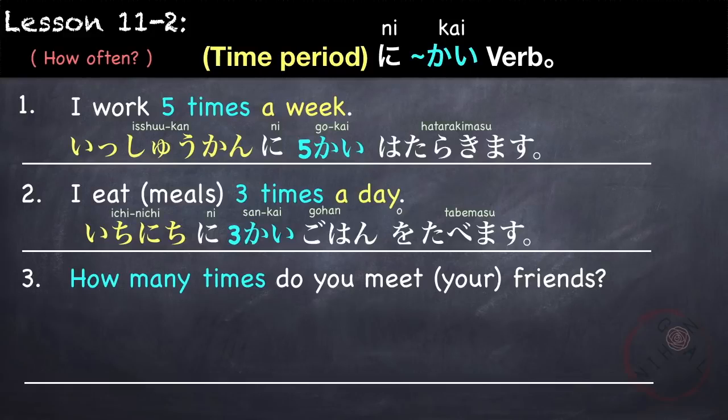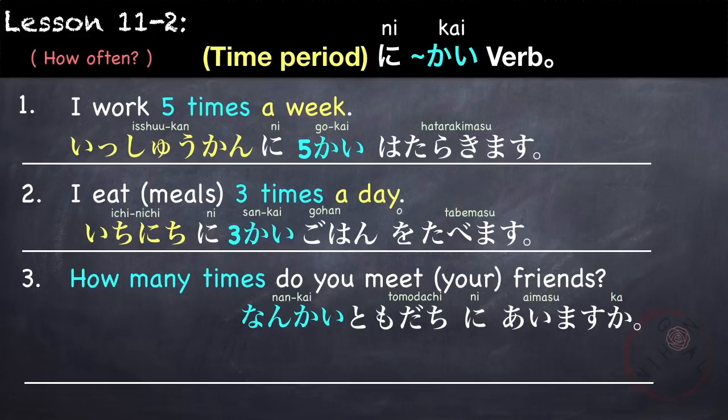How many times do you meet your friends? So here we are asking a question. How many times is 何回. 友達 means friends, and we use the particle ni for the verb meet. 友達に会いますか or 何回友達に会いますか or 友達に何回会いますか? If you want to say in a month, 1ヶ月に1回, one time or once, 友達に会います。1ヶ月に1回友達に会います。